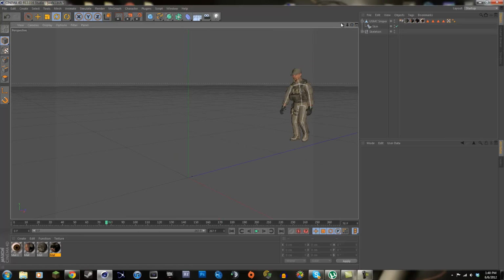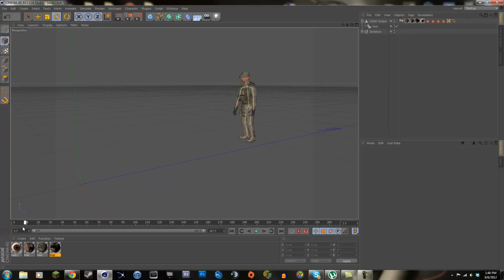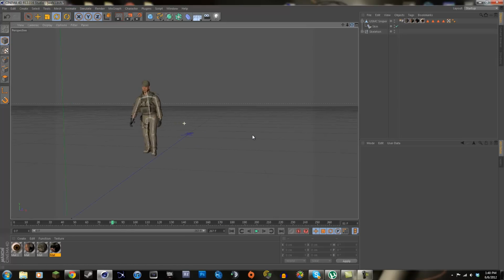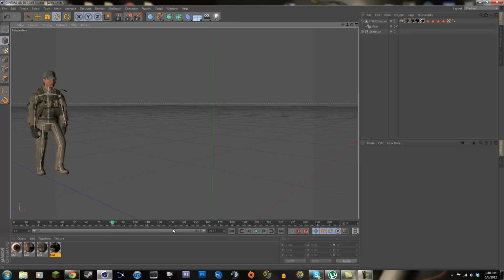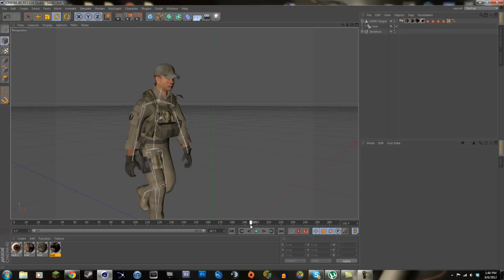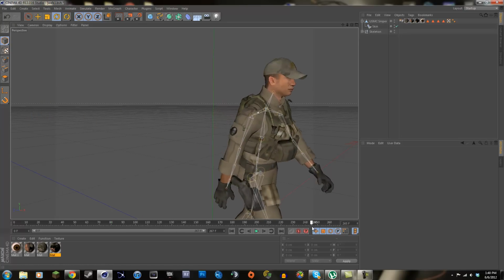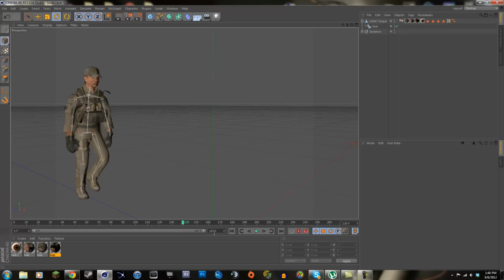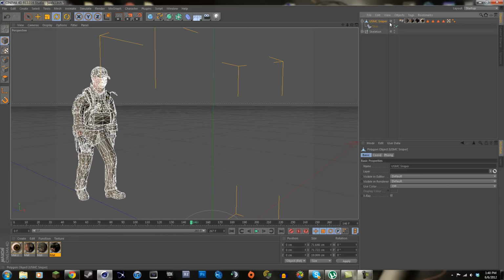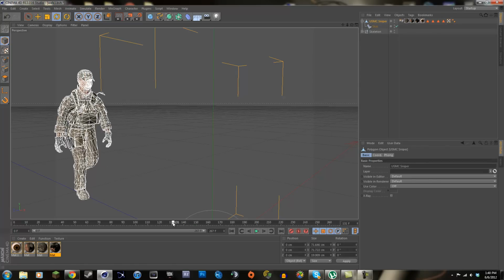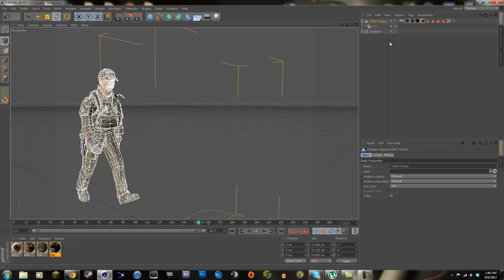Sometimes you'll get a little bit of morphing, and you can't really help that. You can keep on trying to move the joints around before you bind them, to make it not warp or morph, because sometimes, like you can see right here, some of his pouch stuff gets a little bit messed up. But another way I like to avoid that is sometimes when you have a model, instead of just having one layer of a polygon, you'll have a bunch of different layers, like a layer for his vest, a layer for his shoes